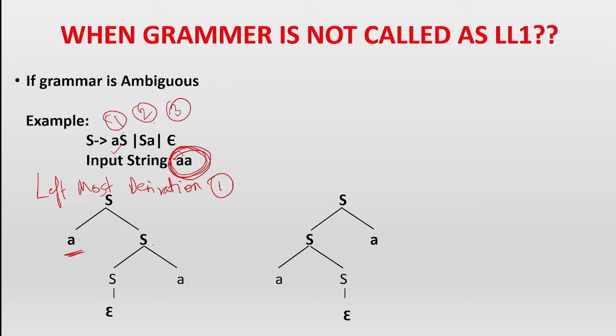Then we went on the right-hand side. Again, when we came over here, we expanded the left first and then we went to the right side. So left-to-right scanning is done. So it is a leftmost derivation. Now this is the second tree, which is also giving a as the answer, that we are getting the input string a from this tree also. So how we are getting it, we'll see.